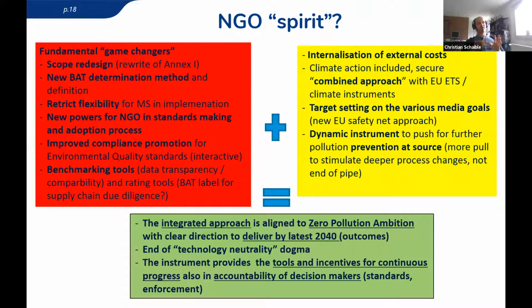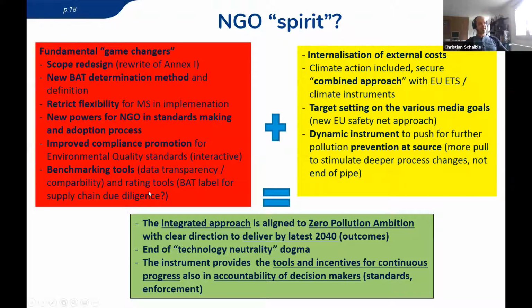Maybe we can even have a two-stage BAT, for example, on the climate, on the real deep process changes where they have to get rid of the current production method and change it to something else. There we need a more forward-leading BAT. We need maybe more than 4 years for the industry to adapt. So we can have a differentiated approach there. So this is one of the big game changers.